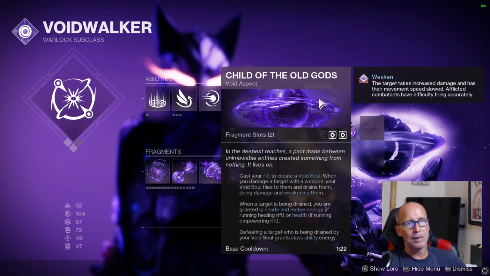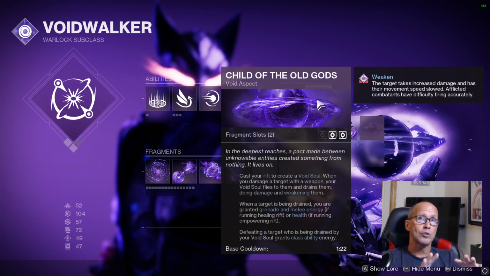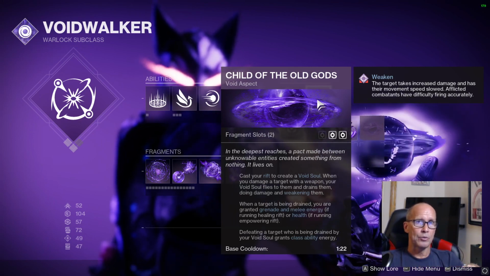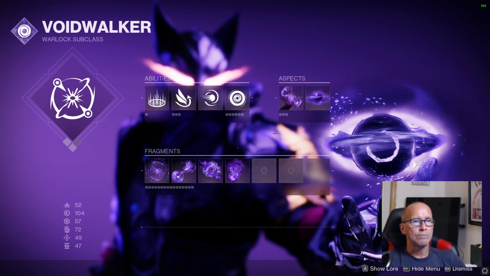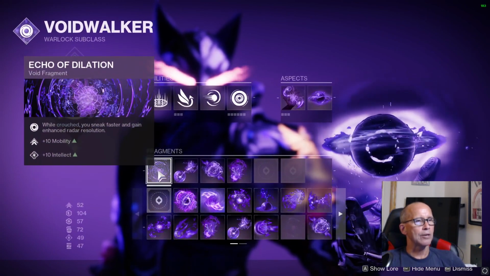Now the new gauntlets pair with this because you can go retrieve this orb after it's done its job, and then you can have it ready for the next location. You just drop it again. So pretty cool concept. Neat armor crafting on that one. Okay, Echo of Dilation. Well,